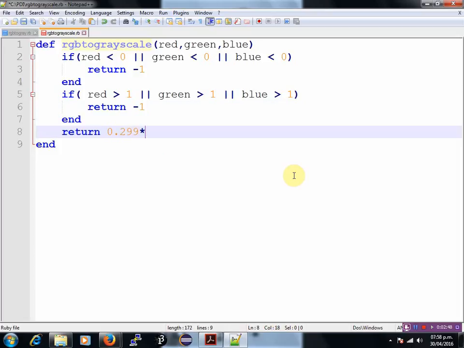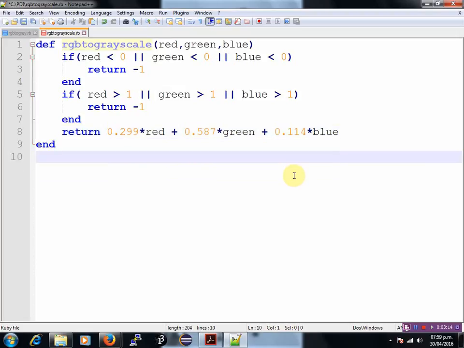0.299 times red plus 0.507 times green plus 0.114 times blue. In order to check the program, put